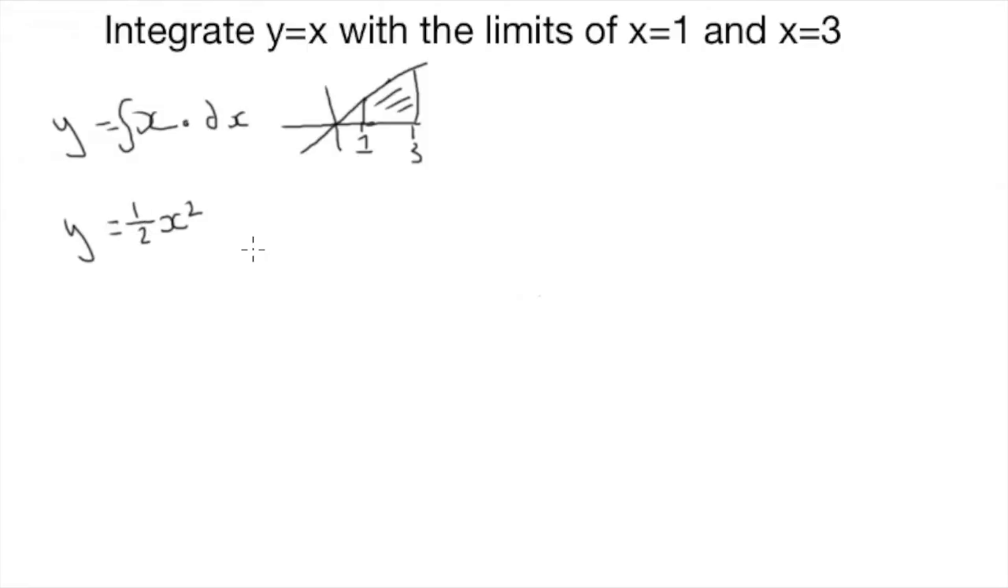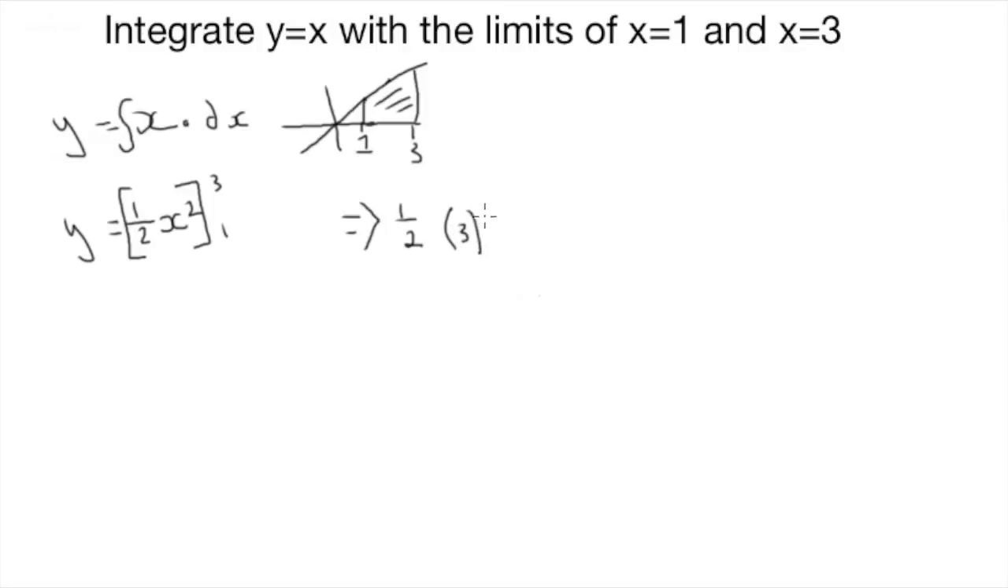And now in normal circumstances, if you didn't have limits, you would put plus c, plus a constant, and that's just good practice. But because there's limits, I'm going to put some brackets around it, and it's in the limits of 3 and 1. So what you do is you simply just substitute the limits into this equation. So you'll have a half